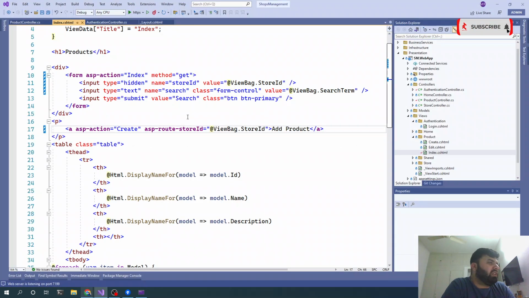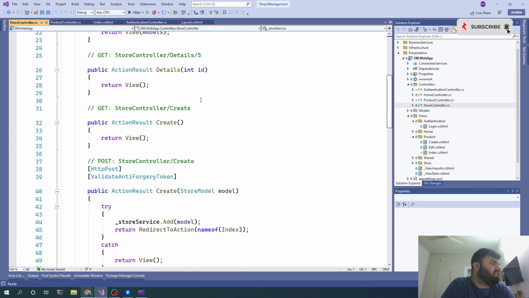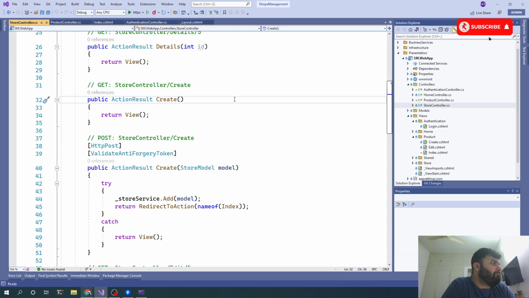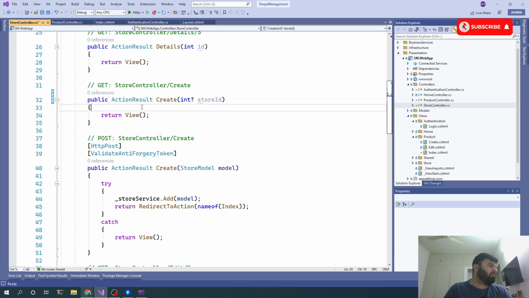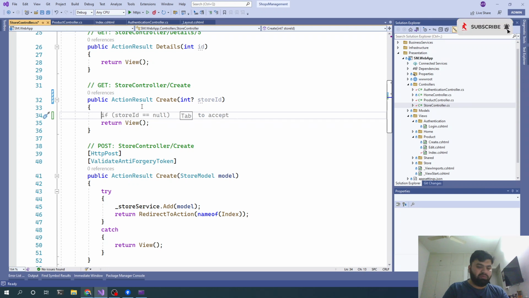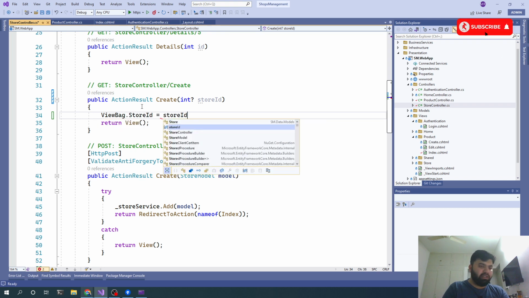So now in the create action of this controller, we should be able to get int storeId, and that is an optional param. For now, let's keep it like this, and we can pass that back to the view through ViewBag.StoreId = storeId,